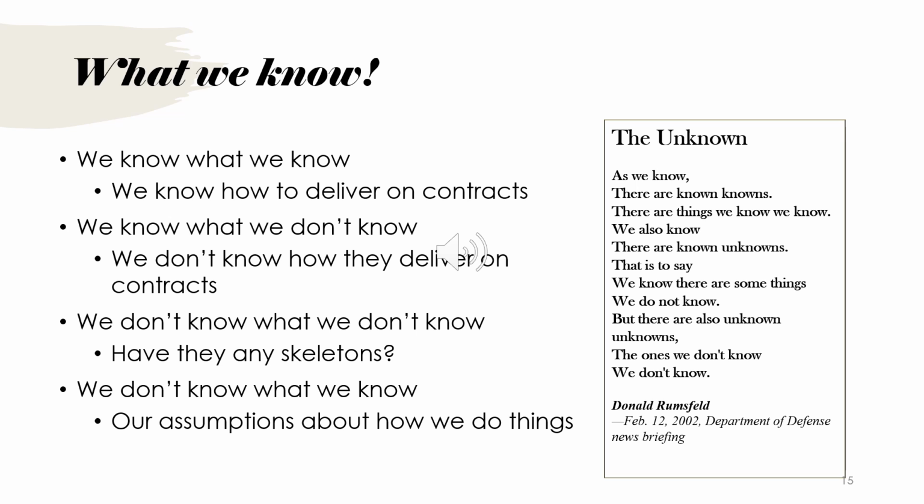The third one is we don't know what we don't know. So no company is perfect. There are always problems, what we might call skeletons in the closet or in the cupboard. We know there's going to be difficulties, but we have absolutely no idea what they might look like and where they are. And the only thing you can do is hope the due diligence might find some of these, and also plan maybe some contingencies or prepare for some surprises. There isn't such a thing as a perfect deal.